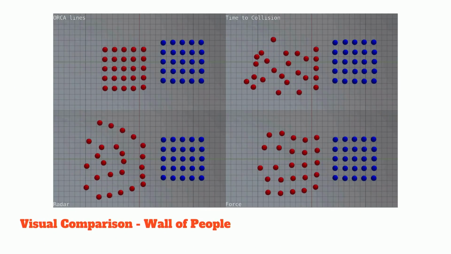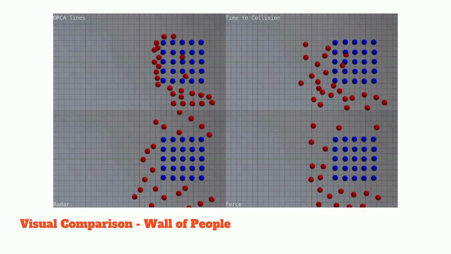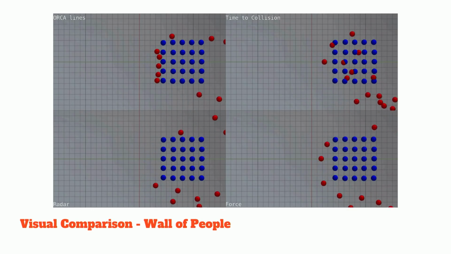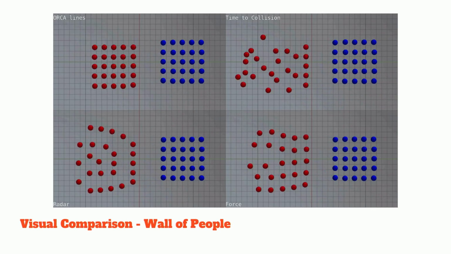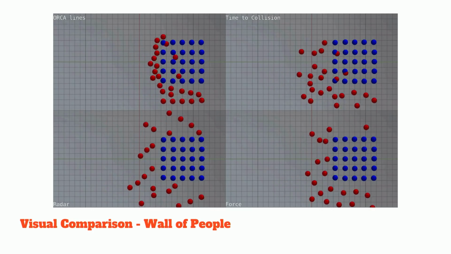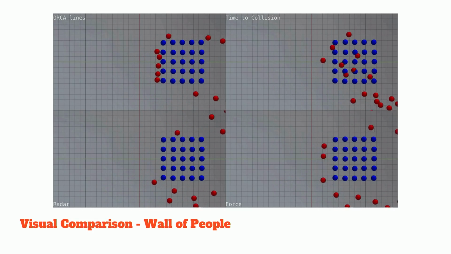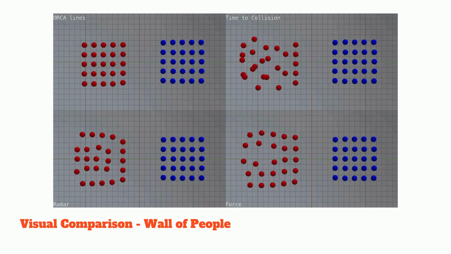How about walking into a wall of people? There you see the RVO2, the Orca lines. They kind of get stuck into the other ones. And where the force-based algorithms and the radar perform better because they look forward based on the forces. They walk around the wall of people.